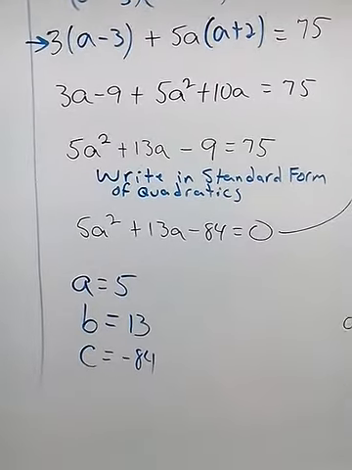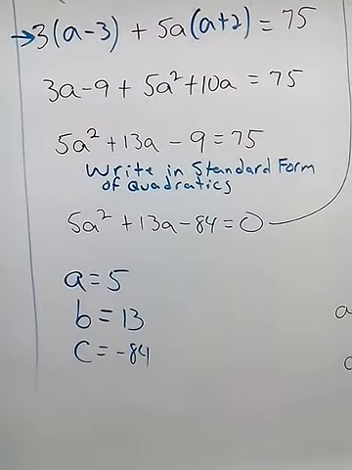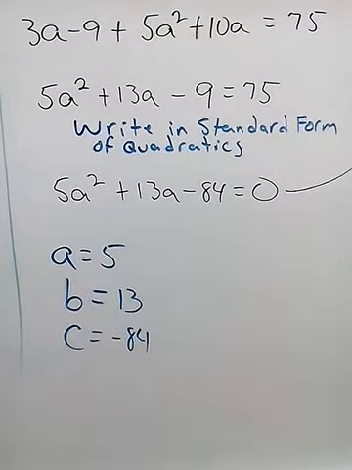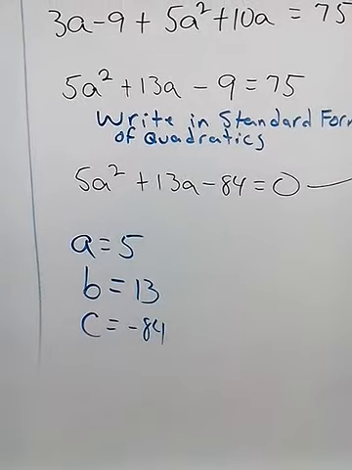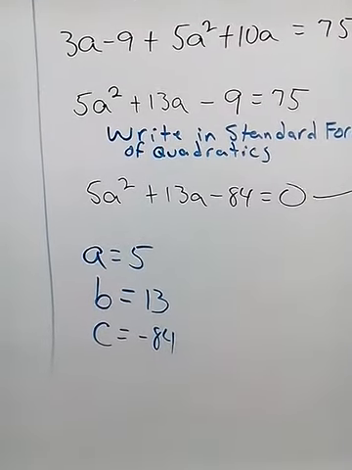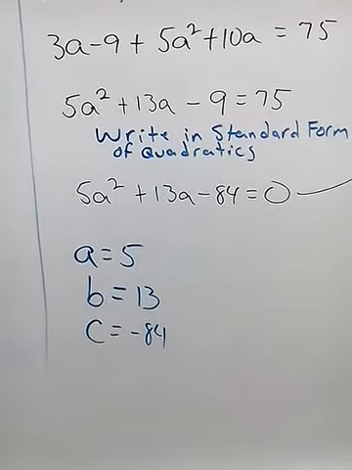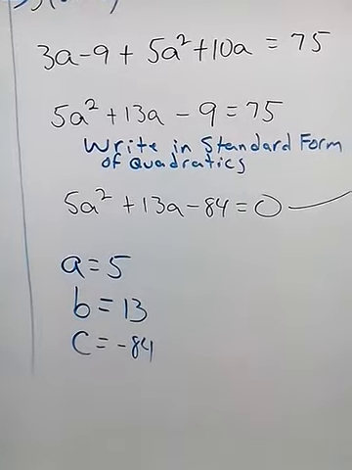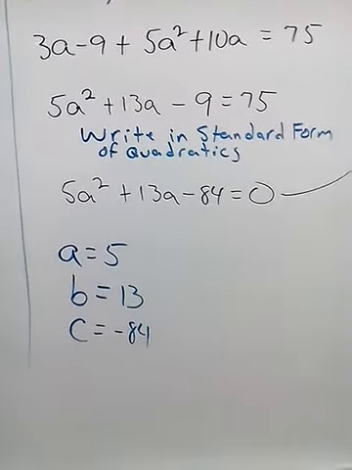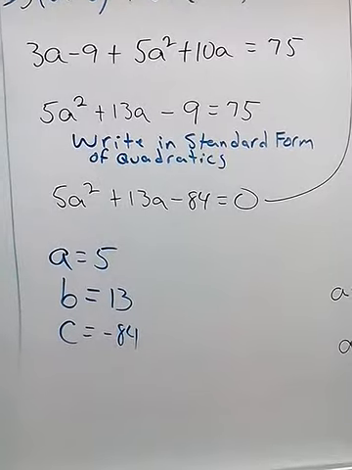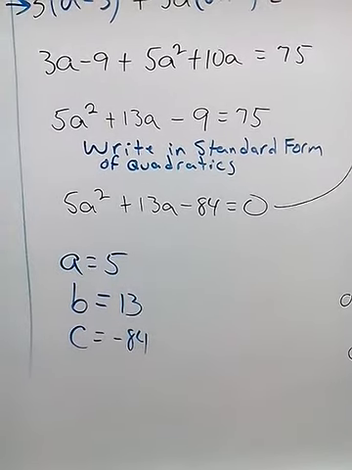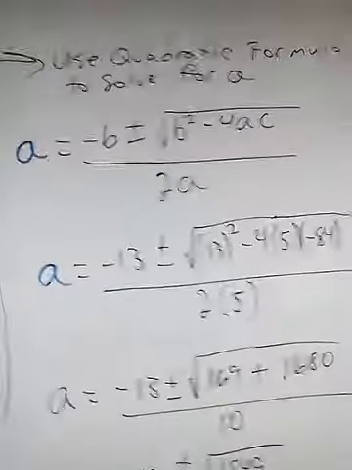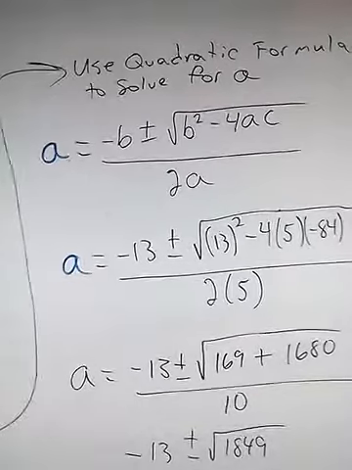We do our distribution, combine our like terms, and then we write the result in standard form of a quadratic by subtracting our 75 on both sides to get 5a squared plus 13a minus 84 is equal to 0, where we're going to have to use the quadratic formula. So our a is 5, the b is 13, and c is negative 84. And using the quadratic formula,